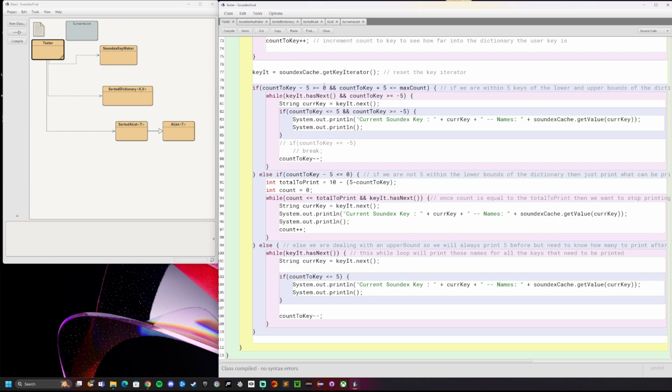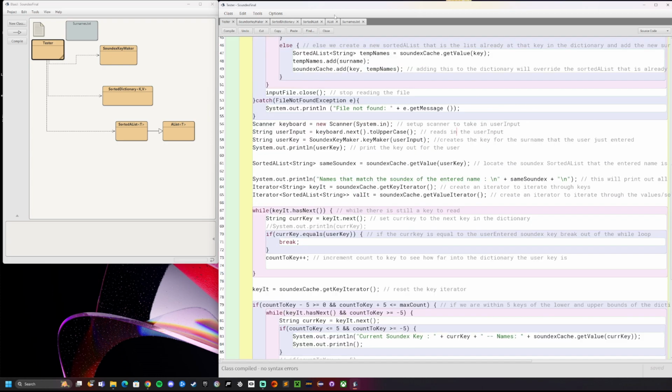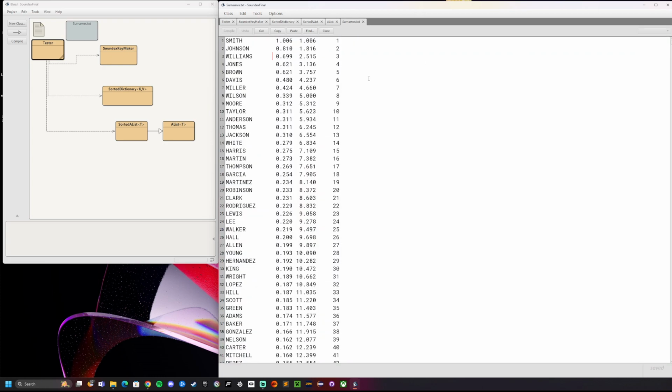The point of the Soundex final is to take a list of all the top names. We have a list of about 90,000 names. It converts each name to a Soundex key, and the Soundex key is basically based on the sound that the name makes when you say it. And then of those keys and names, it puts them into a sorted dictionary, and that way you can kind of see which names sound like what,